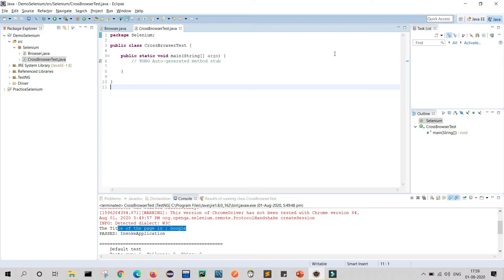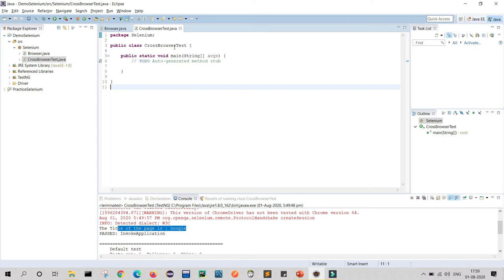Now, in today's session, we will learn how to write a cross-browser test script. In my previous video on how to write the first Selenium script, we learned how to launch the browser, and how to launch our application URL in it. Similarly we will do that in today's session also, but with different browser names. Once we change the browser name, then automatically according to the browser name my application will run. So let's see how we can do this.